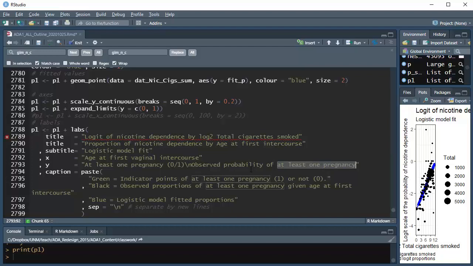One thing I'm liking about RStudio is that when I highlight this, it puts a box around the other instances. So I'm able to look ahead at where I need to do this replace. Indicator points of nicotine dependence,